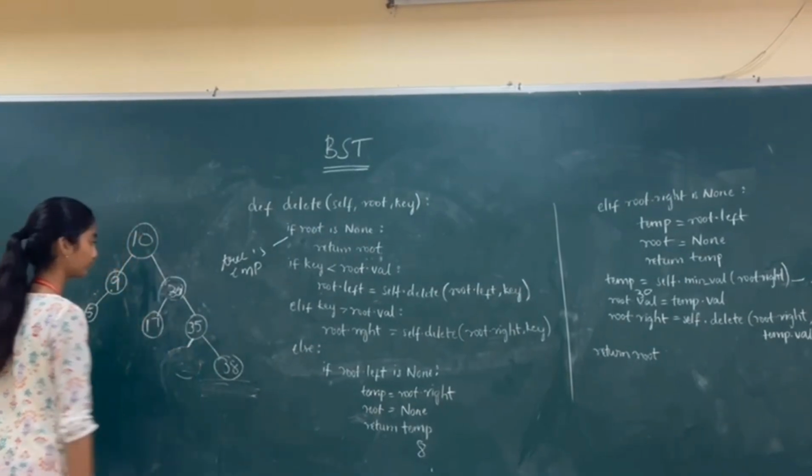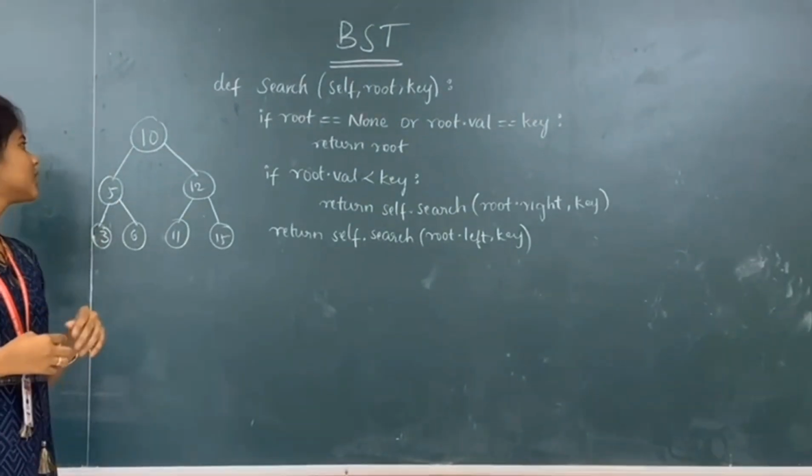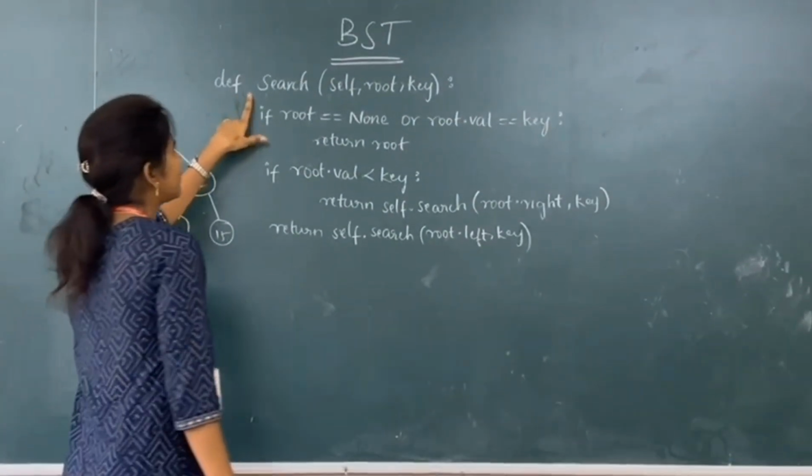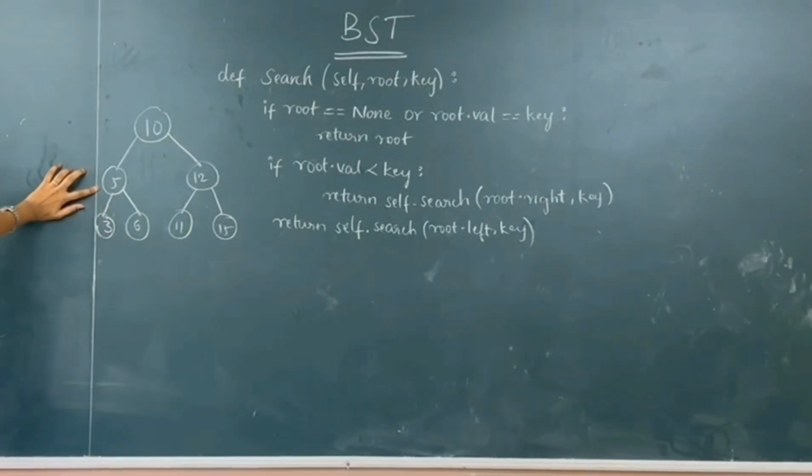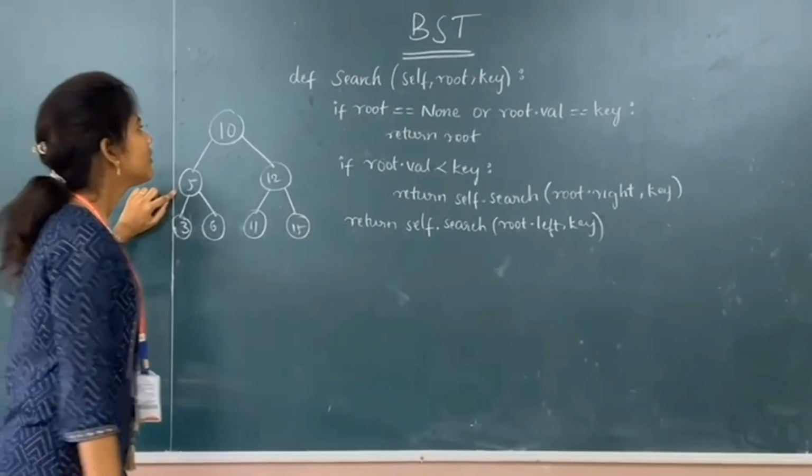Then we delete 25. I would like to explain the code for searching a given element. For example, if the given element is 5 and we have to search for it in the binary search tree. First we have to check if